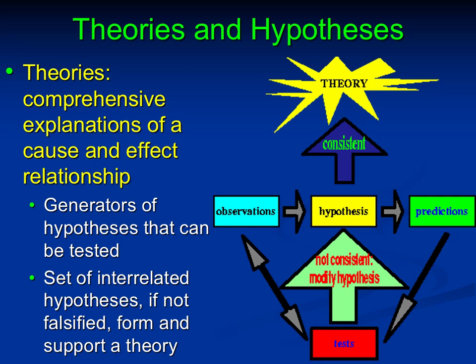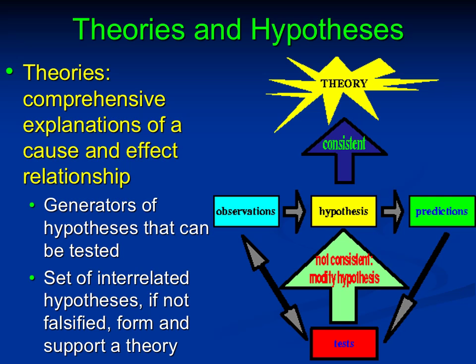All right, next I want to define a couple other terms that we hear a lot when we're talking about science, and that is theories versus hypotheses. Now, these terms are often used interchangeably by people talking about cause and effect in science, but really theories are more comprehensive explanations of a cause and effect relationship, whereas hypotheses typically speak to the relationships between more discrete, specific variables. And in fact, theories are usually said to be the generators of hypotheses, right?